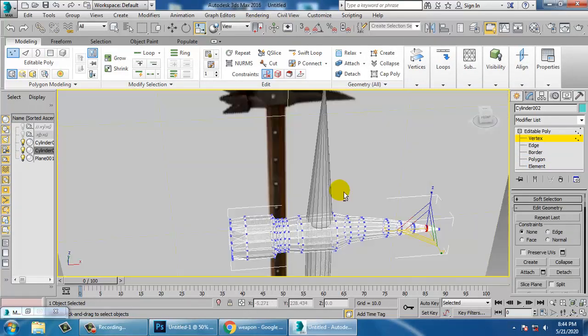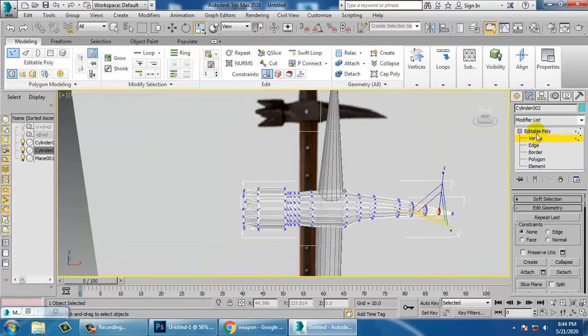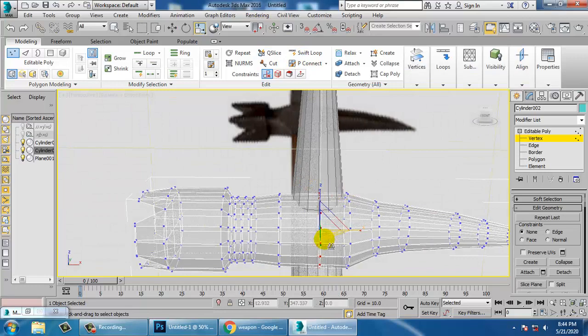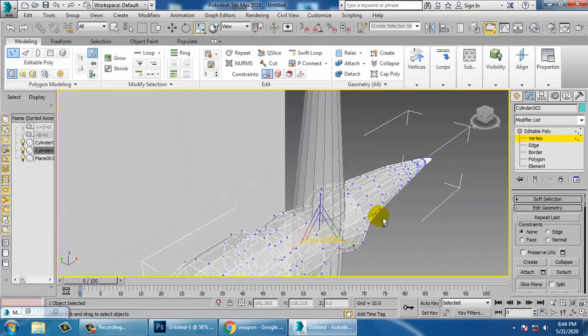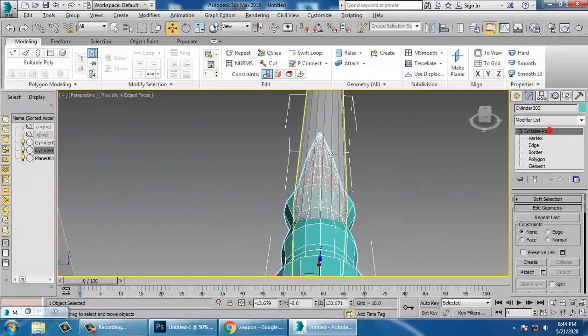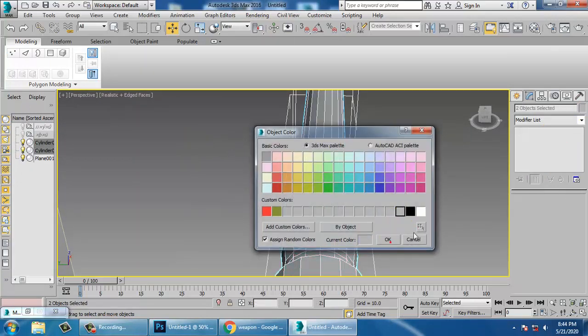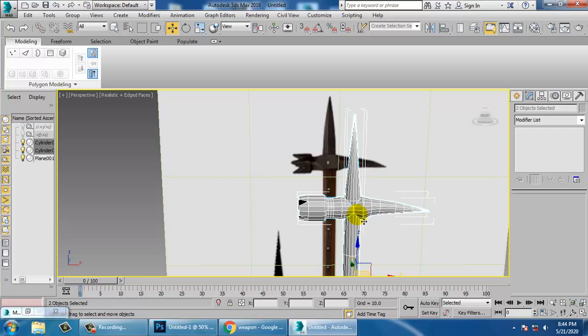So you can make it much sharper. Over here, if you want, we can put one loop, and we can just scale this from the center if you want. We can do that in this way.